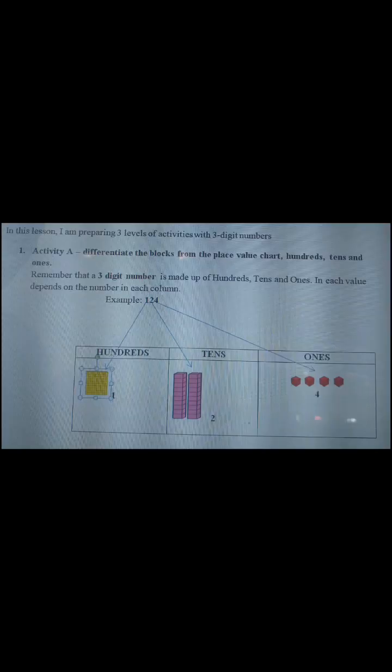Alright, before you do the activity, in this lesson, you're going to prepare 3 levels of activity which differentiate different types of level which we are expected to have by the end of the class. Okay, so let's look at the first example as for the first activity. Activity A, its instruction says differentiate the blocks from the place value chart,